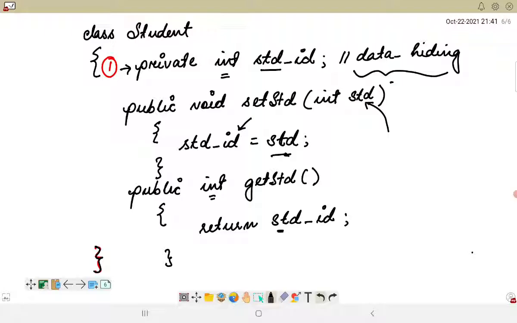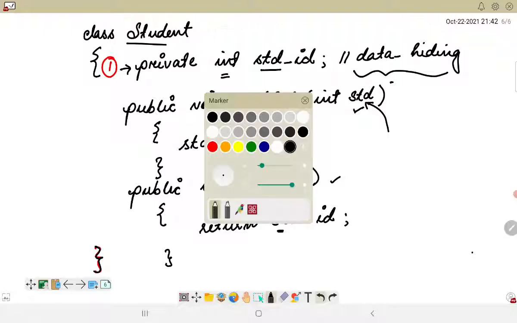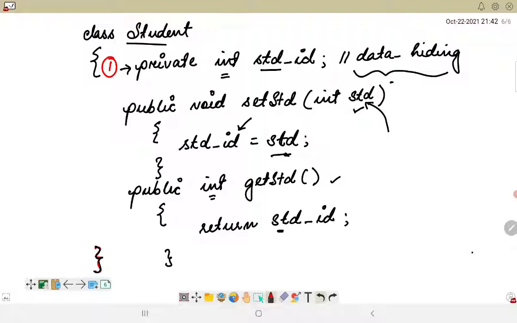All right, so after this you can consider the main method, and from the main method we can create any object of the class student, or whatever class you have used here, and then you can easily call this method by passing values into this particular method, and viewing these values here.